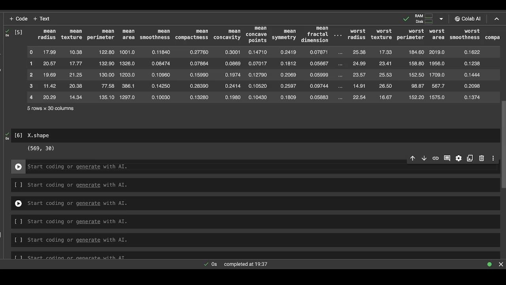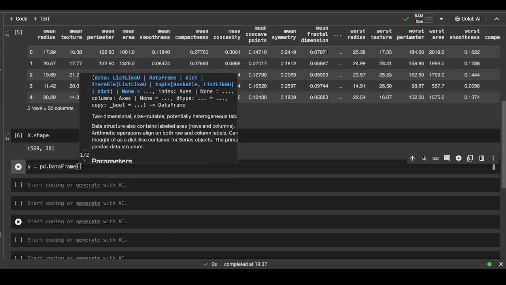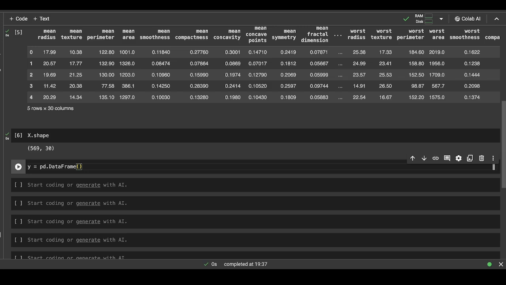We will also load the target data into a variable, let's say y, and we are loading it into a data frame data structure, which is not a series. Generally, when you are performing machine learning and setting a target feature, you set it to a series data structure, but here we are going to create it as a data frame.